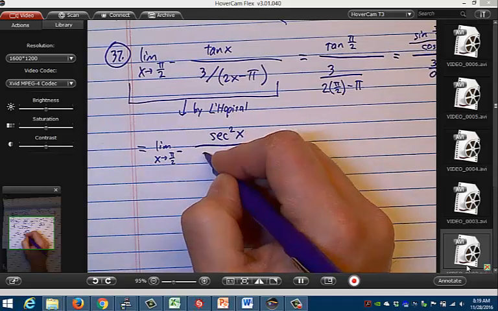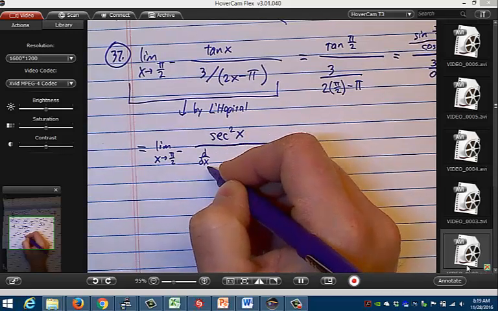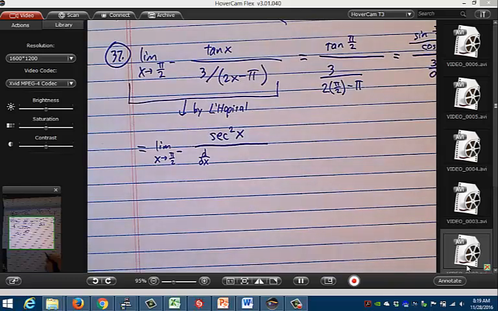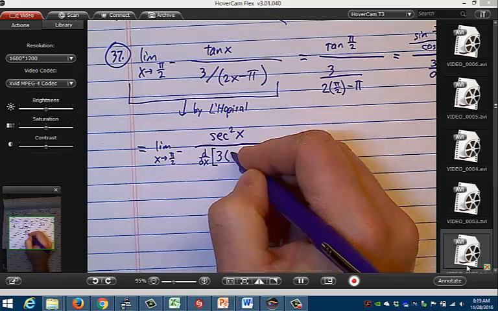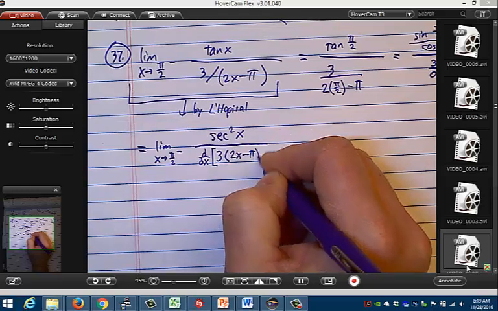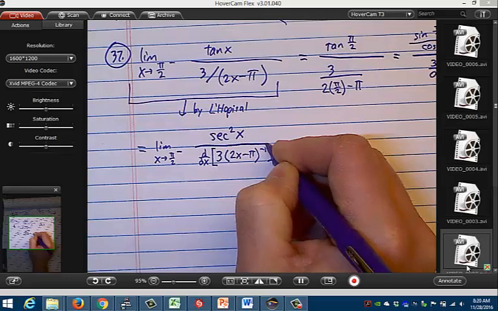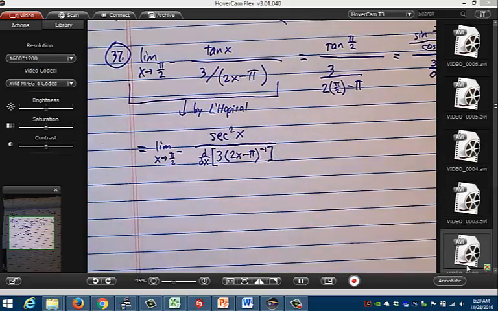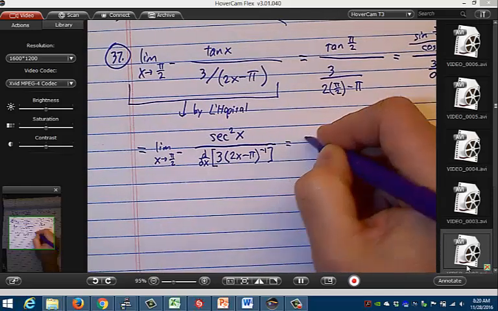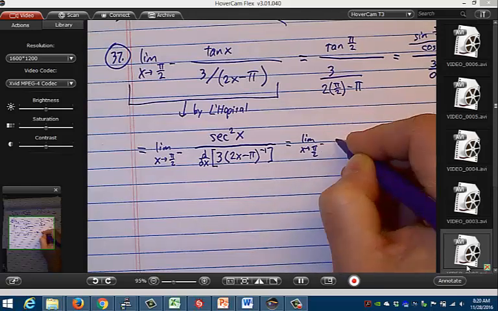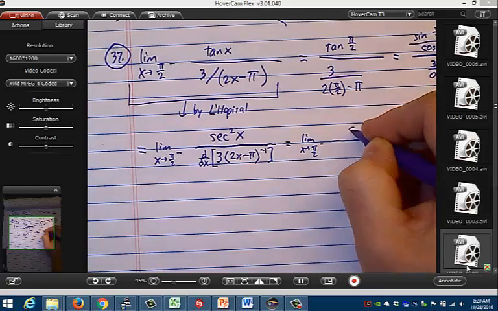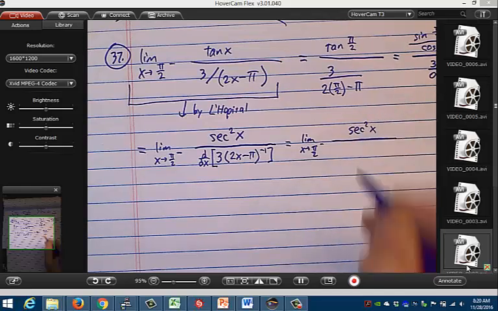Now the bottom here, I'm going to have to work it out. It's the derivative of, if it were me, I would write it this way: 3 times 2x minus pi to the negative first power. That make sense? Okay, so again, this is the limit as x approaches pi over 2 from the negative side. Here I have secant squared of x still. And then in the denominator,